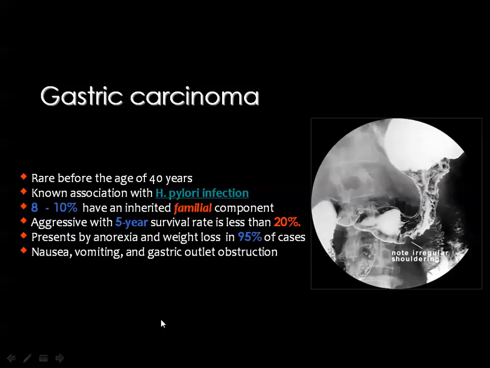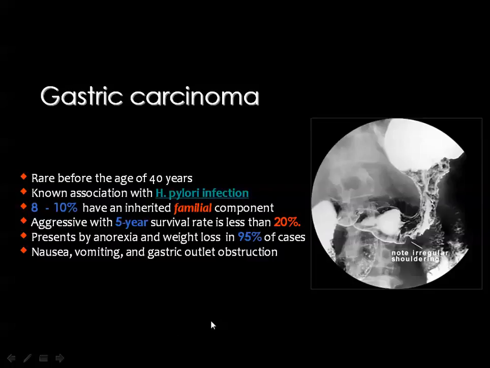Then we came to gastric carcinoma, which is considered rare before the age of 40 years according to the literature, and it has an intimate relation to H. pylori infection. It has been stated that about 8 to 10% of these tumors are inherited, having a familial component. The criteria of gastric malignancies include gastric masses causing filling defects, destruction of the mucosa,